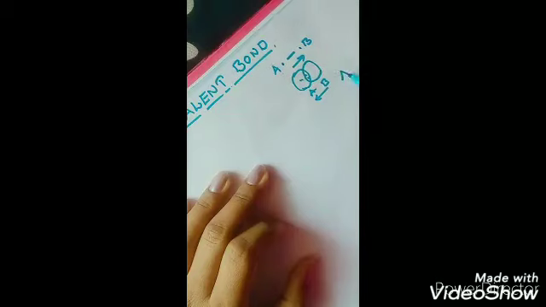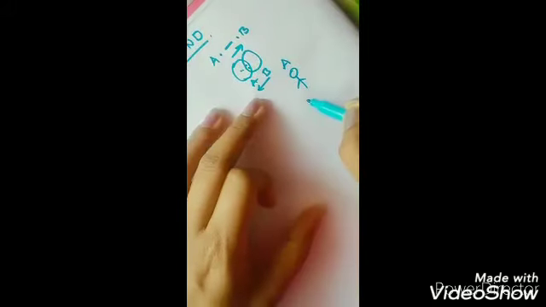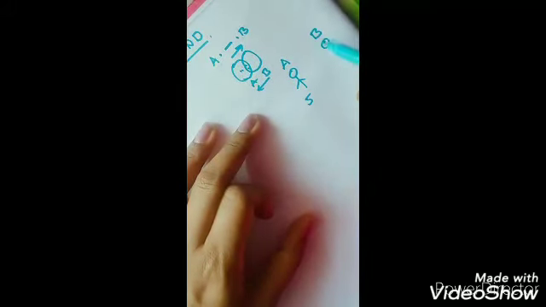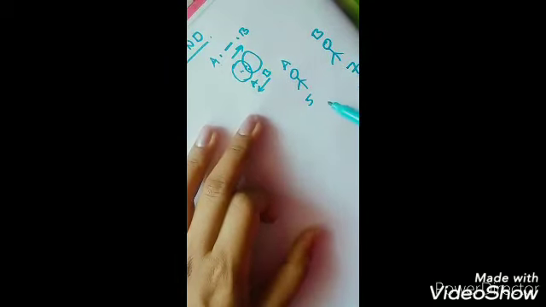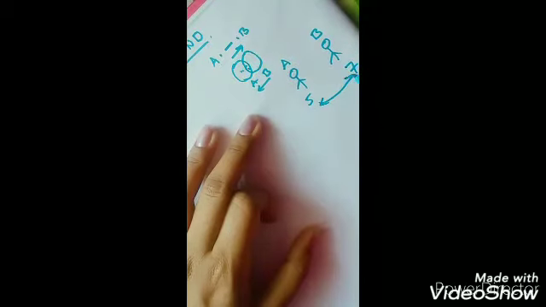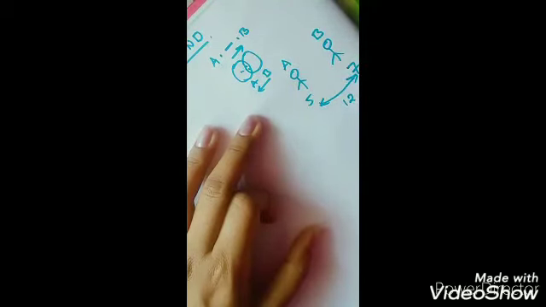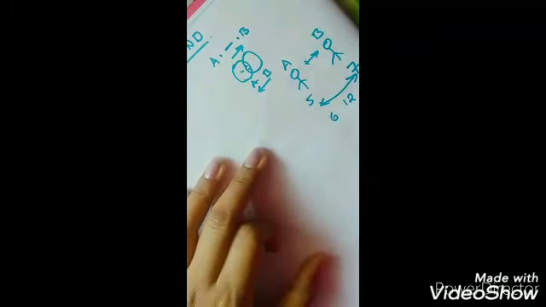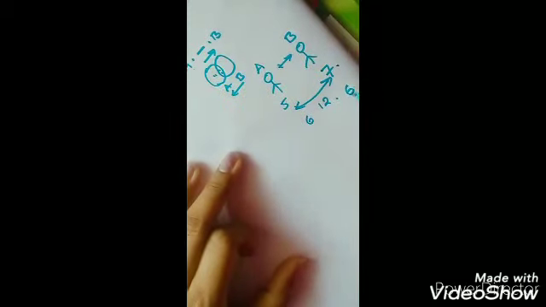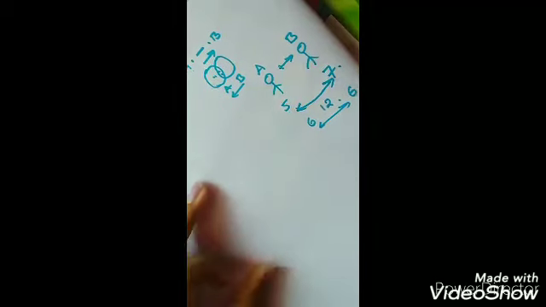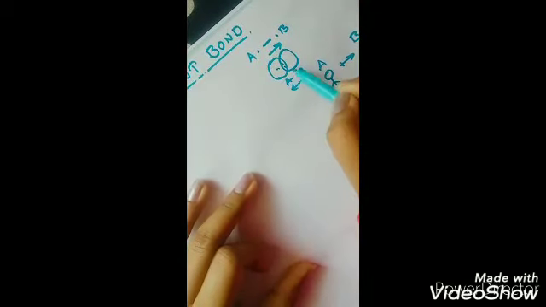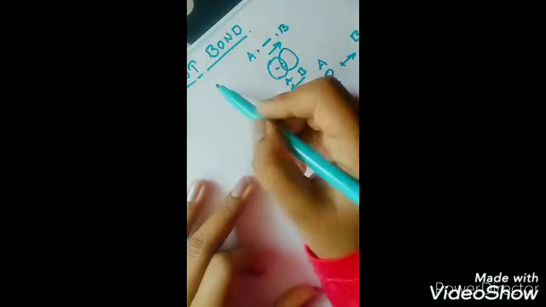If you take an example, if person A has 5 chocolates and person B has 7 chocolates, the total is 12 chocolates. If they share them equally, then each one has 6 chocolates. That is mutual sharing of the chocolates. Like that only, atoms also share their electrons mutually. Then the bond that is formed is known as covalent bond.